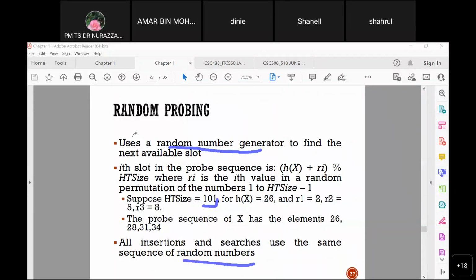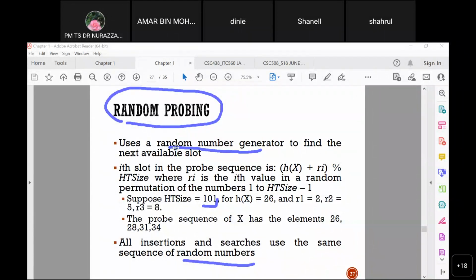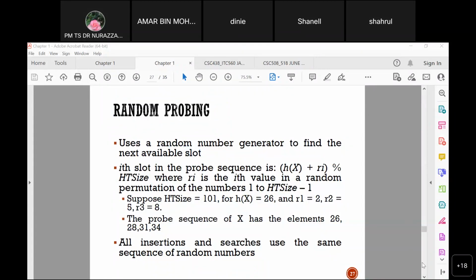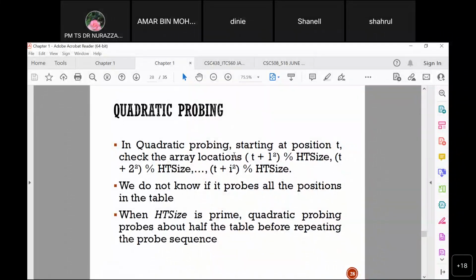So ini yang dikatakan random probing, dia menggunakan random number generator to find the next available slot. That means dia menggunakan random number tu untuk dapat slot tu. Jika slot tu penuh, dia akan panggil balik random number, get the next number, check setiap kali whether the value is full or not. If it's empty, then dia insert dekat situ. Itu adalah random probing. Okay, quadratic probing menggunakan